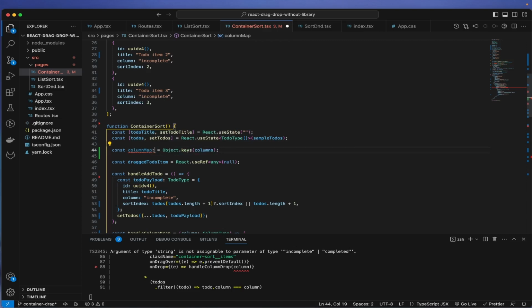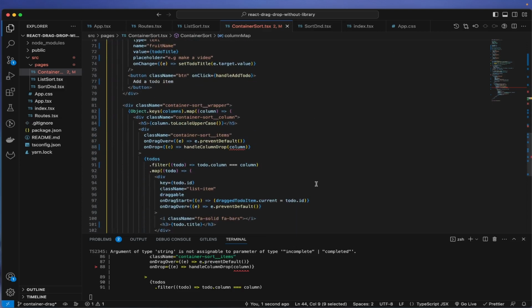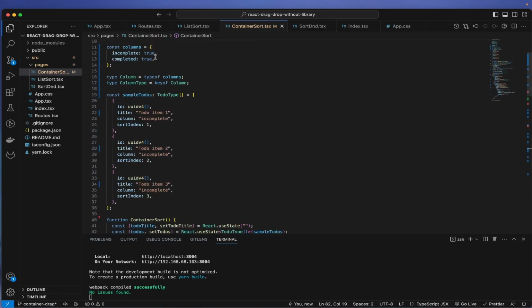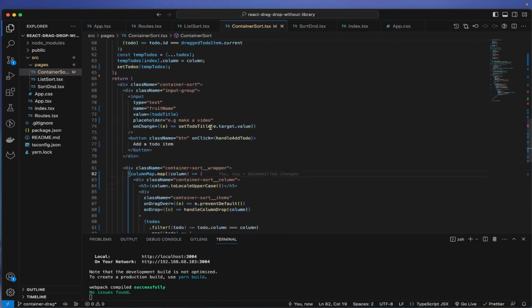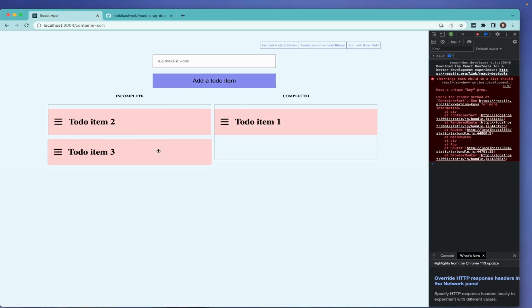Okay, in that case there is something like this. Well, this is not always the best way to do it, but sometimes it does the job. Now what I can do here is, instead of this object.keys.column, I can do that, and you can see that warning is gone, because now our type understands that this will be one of that key. And then if we add more item here, it will also automatically take the reference from there. So if I save it here, if I refresh it, if I do it, you can see we have it,